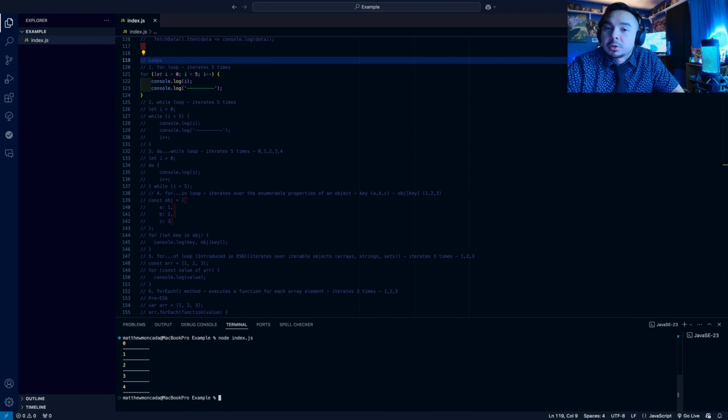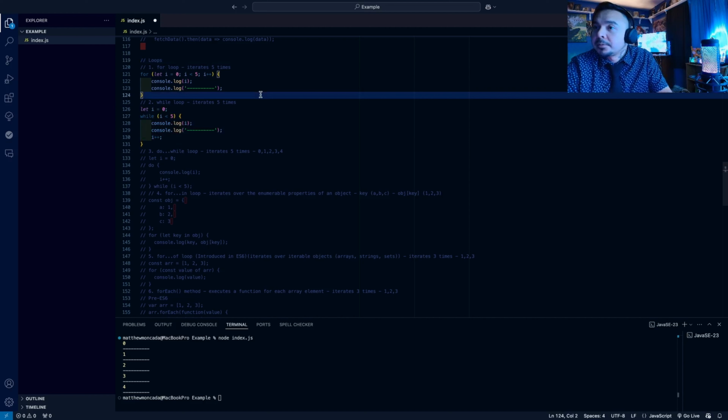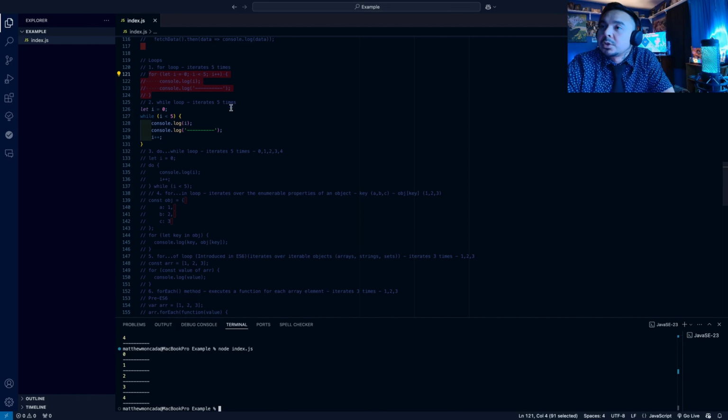And then, let's talk about the while loop. This one iterates 5 times as well. It iterates as long as the condition is met. So it's similar to the for loop, but we're basically setting it to a specific condition, whereas with a for loop, we were just, in a way, I guess,